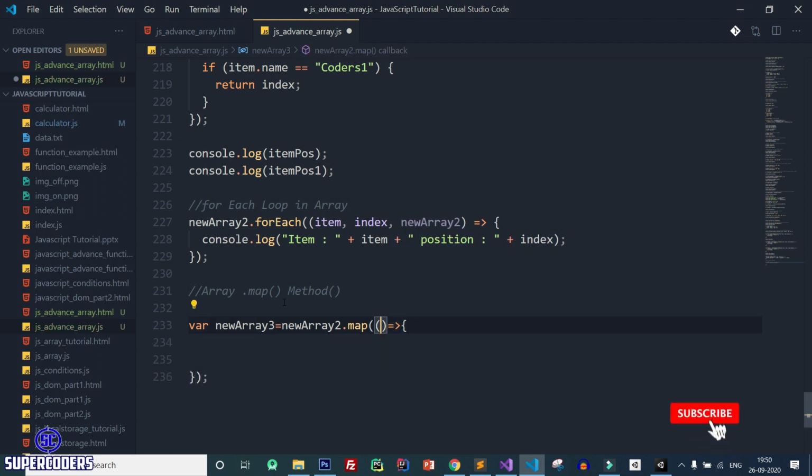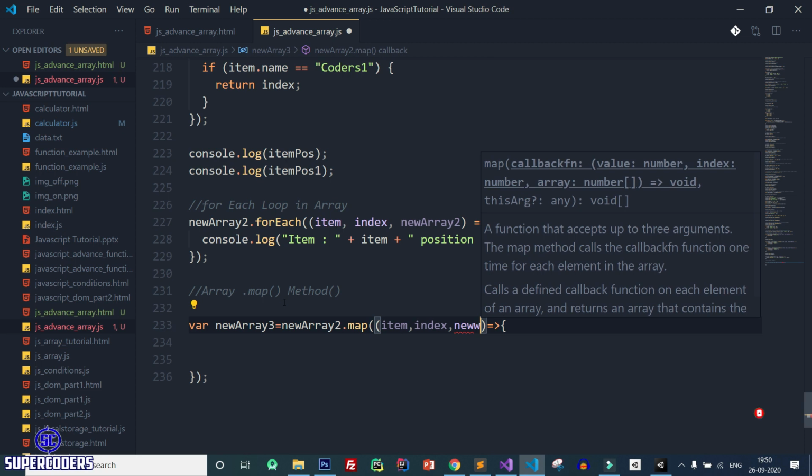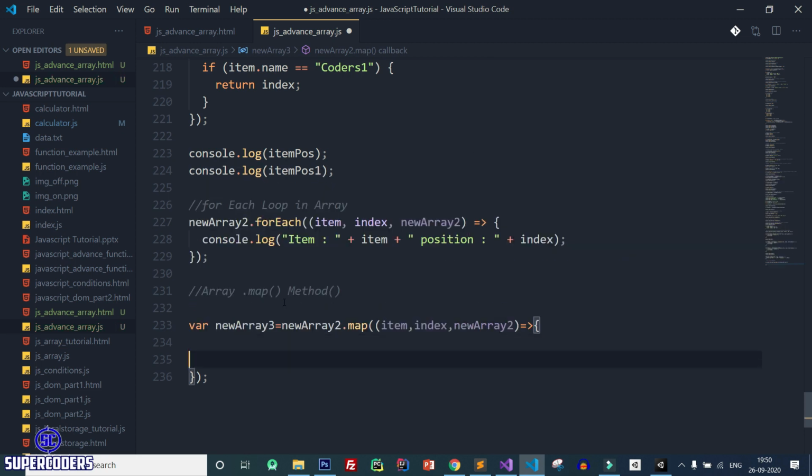After that, first parameter item, index and array. So new array 2, after that, it will create a new array. So from this method, in this way you can create a new array with some modification of each item in array. So let's see how we can do this.